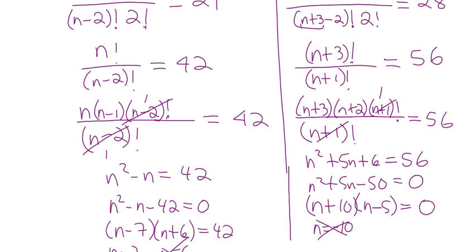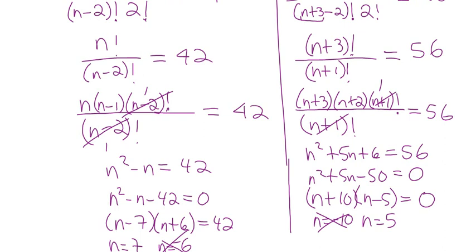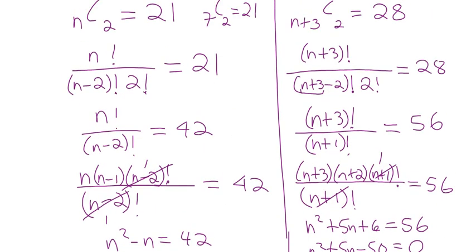I want to see it, and then I want you to reject it. And say n equals 5. We're done. You could check it. You're going to check it by going 8 choose 2, because 5 plus 3 is 8. You're going to do 8 choose 2. 8 choose 2,